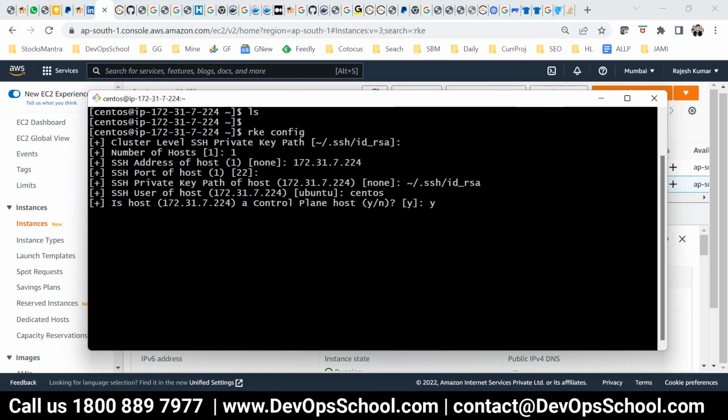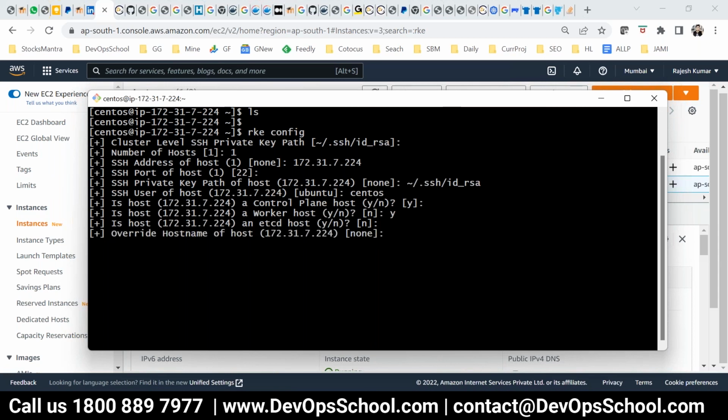Yes, enter. Is a host a worker? Yes. Is a host a worker host? Yes. And is each host an etcd host? Yes. So all three I'm saying yes. And for etcd I'll make it no. Okay, I'll go with the default. So control panel host, worker host, etcd host I'm making no, and override the hostname, agent one or host one,